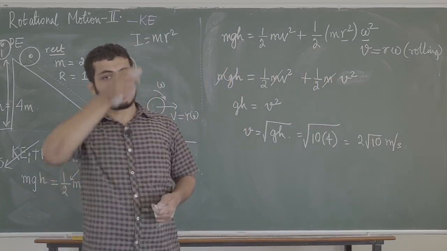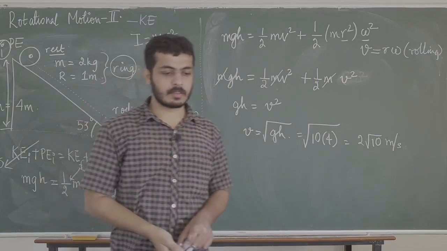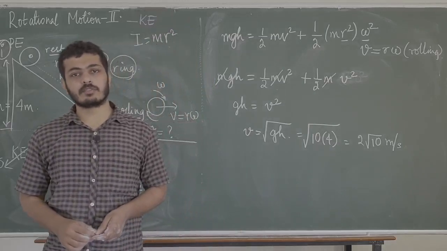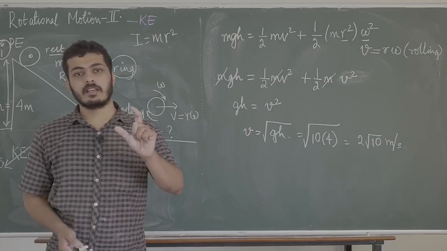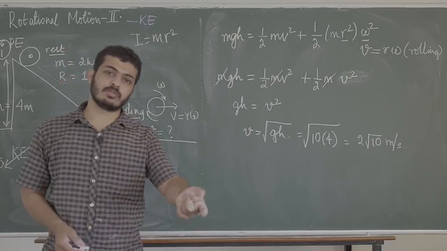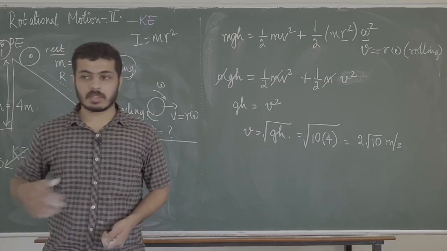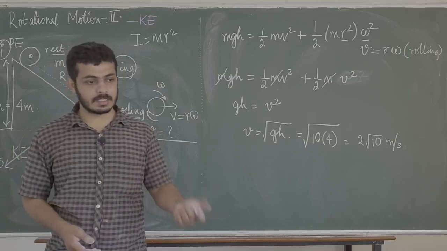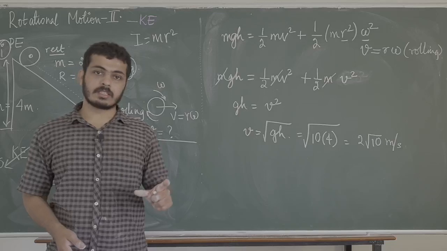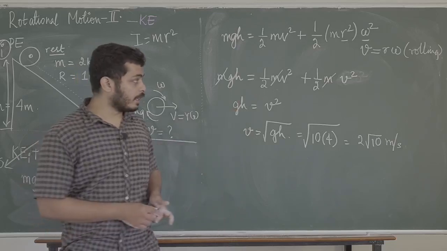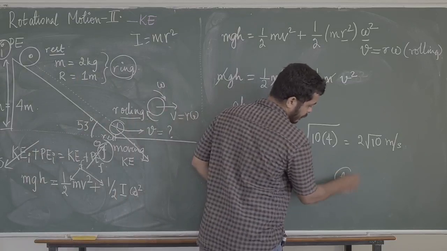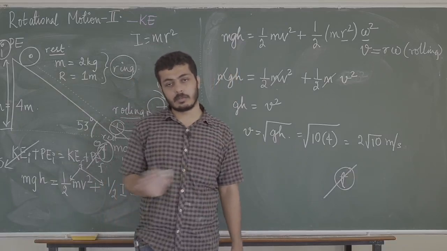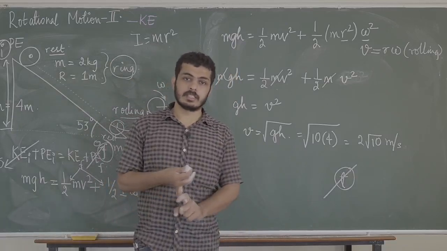So when you are given questions on rolling, when you are given questions on rotational motion, or even normal questions, what we normally do is choose energy as a method of solving if you are asked what is the velocity. If you are asked what is the acceleration, then we choose force. If you are asked what is the velocity, what is the distance covered, then we will use the energy approach. If you are asked what is the force applied, what is the acceleration, what is the time taken, if time is asked, you cannot use energy, because in these equations there is no time dependence. So if time is asked in a question, you cannot use the energy approach. The energy approach can only be used if you are asked velocity. If you are asked distance, then you'll use this approach.